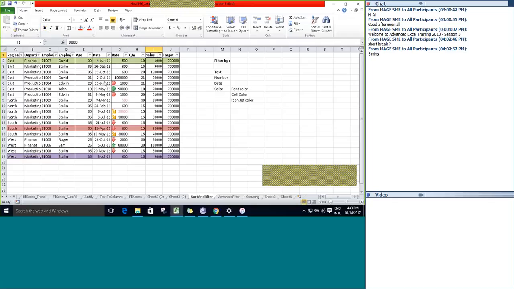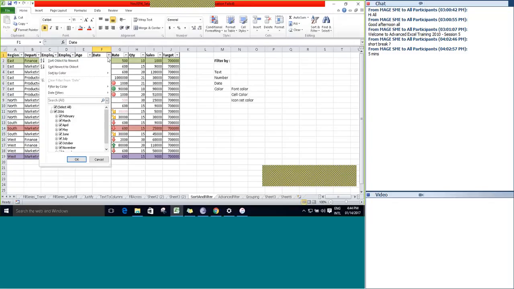Right. Similarly, the next filter type is going to be the date. Select date.